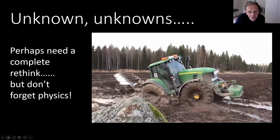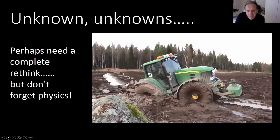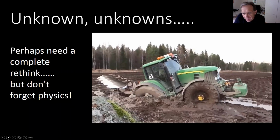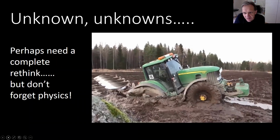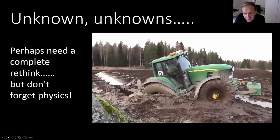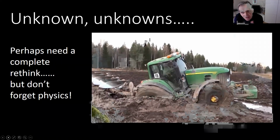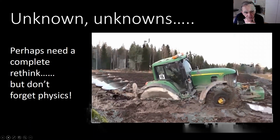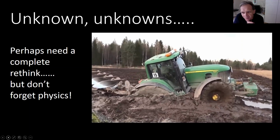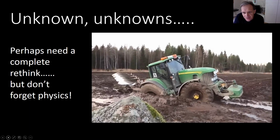And the unknown unknowns. I have absolutely no doubt that we need to have a rethink about the way we do agriculture. And this is a bit extreme. This is a farm in Norway where some poor souls, I think in a ploughing match, had a bit of a disaster. And there is a notion of having large fleets of small robots wandering over farms. I don't quite buy that. I do see the use of small robots for crop sensing,